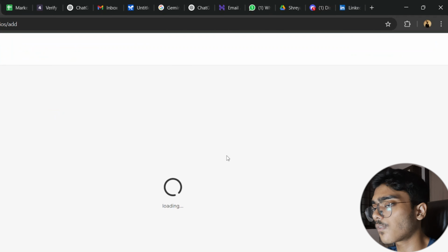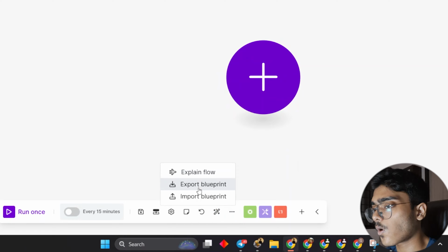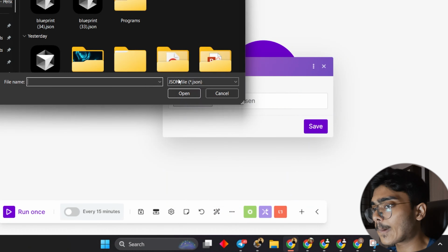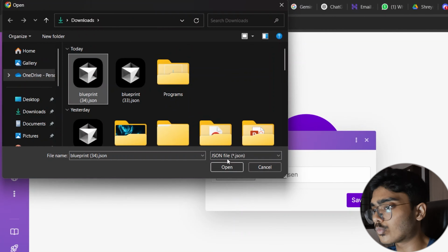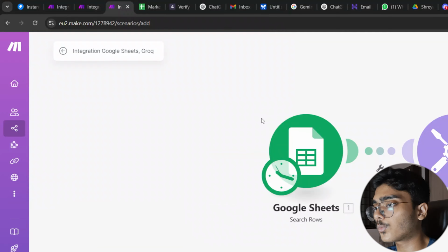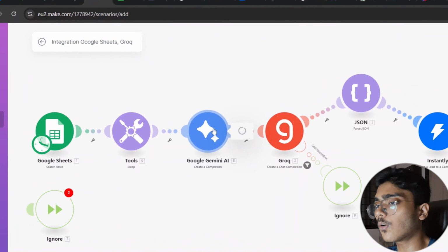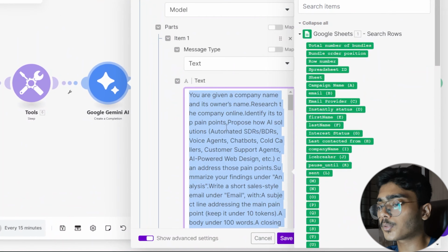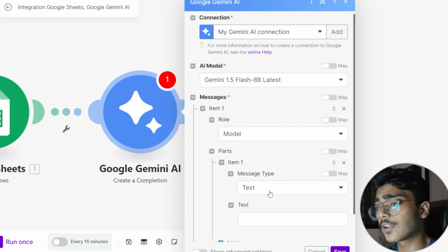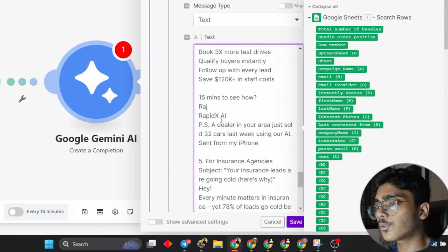Create a new scenario. Import. I'll import this one because this is the one we are using right now. I'll just copy the prompt because the prompt is just too long. But yeah, you can just change the prompt as per your requirement. So this one is